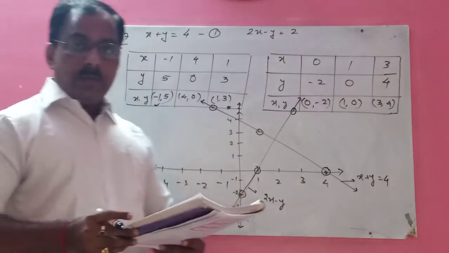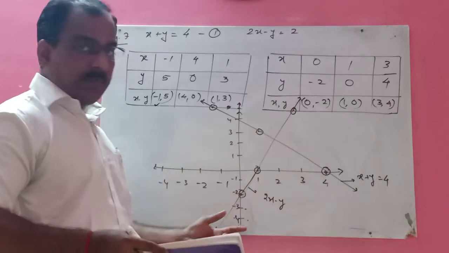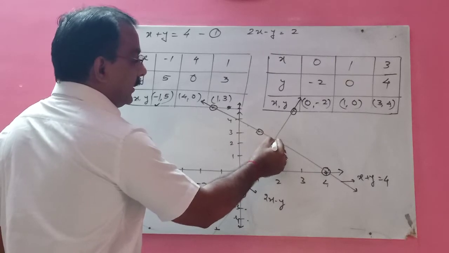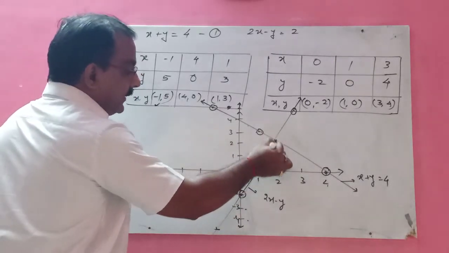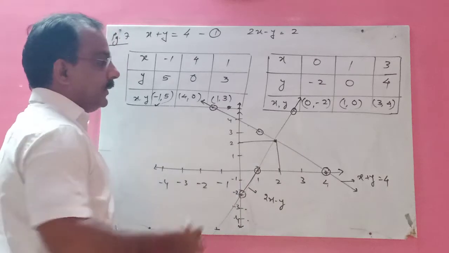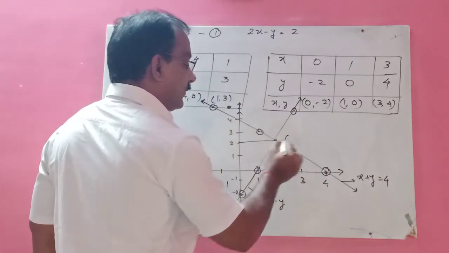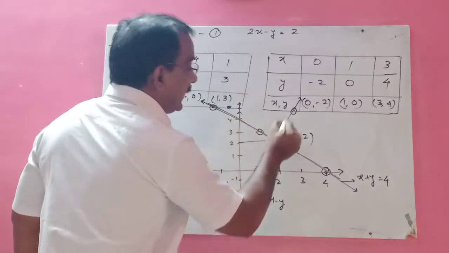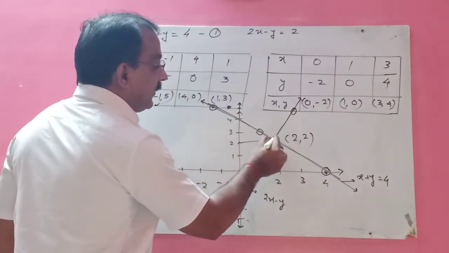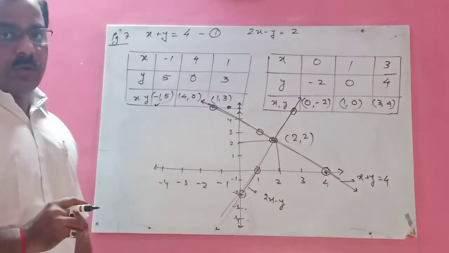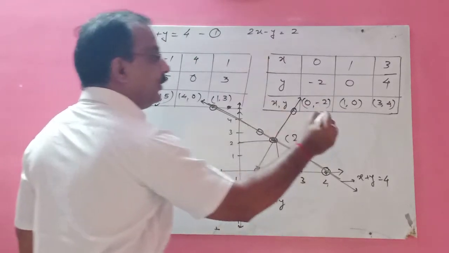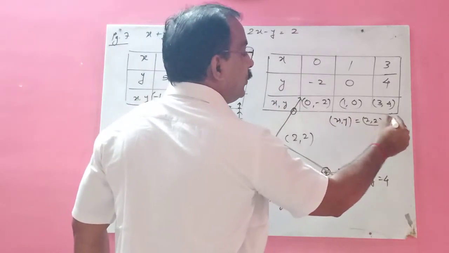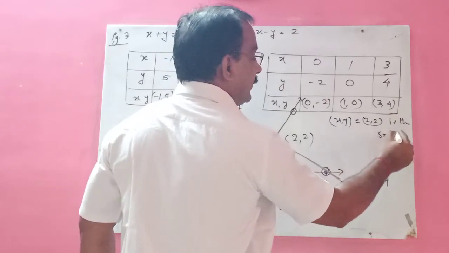Okay. So I hope that all of you have understood this graphical method. Now if you see, these two lines are intersecting here. Right? So this intersection will give you the answer. What is the intersection point here? X coordinate 2, y coordinate 2. So these two lines intersect at this point. So that will become the solution of the given equations. So finally you will write, therefore x comma y equal to 2 comma 2 is the solution.